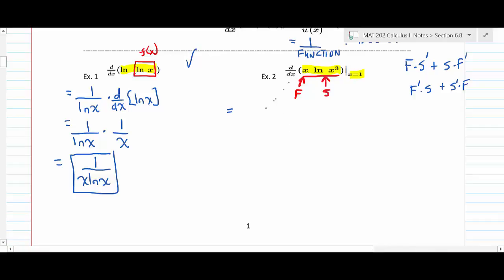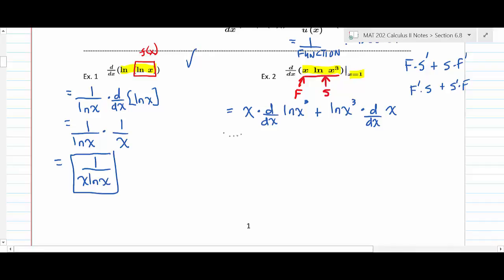So the way I'm going to do it is this way. I just write down the first, whatever it is, and then I multiply by the derivative of the second. And then I go backwards. I write down the second, and then I multiply that by the derivative of the first. So that's your product rule that you're going to put together like that. Okay, and then from here,